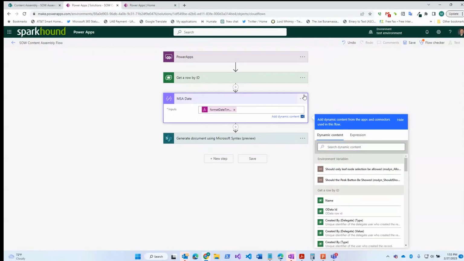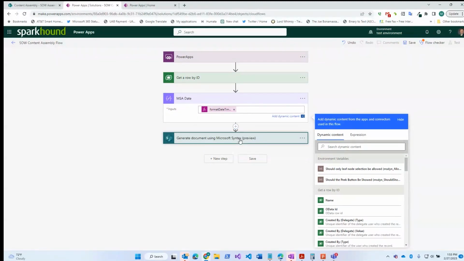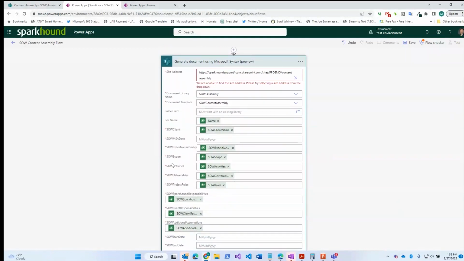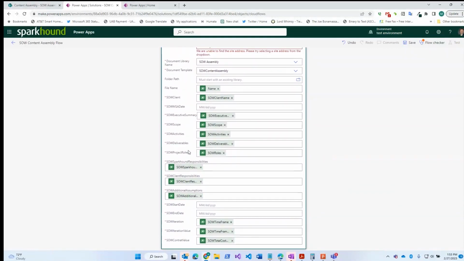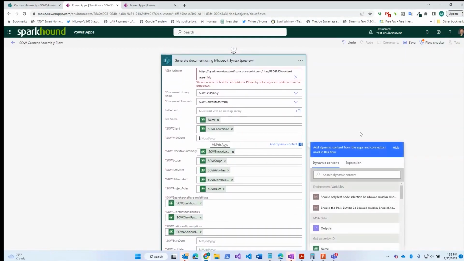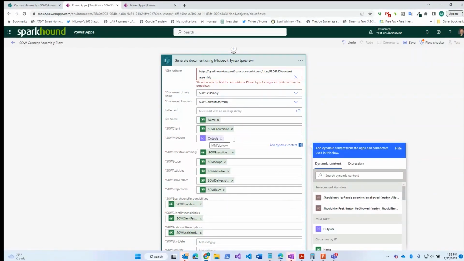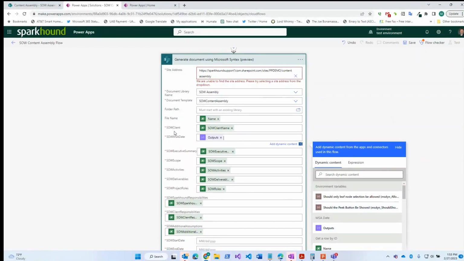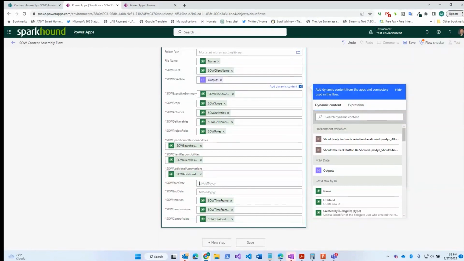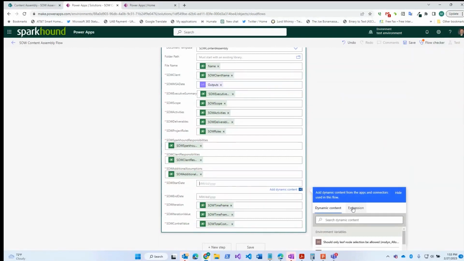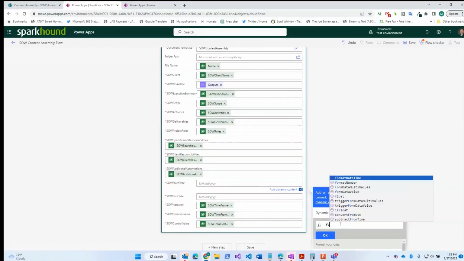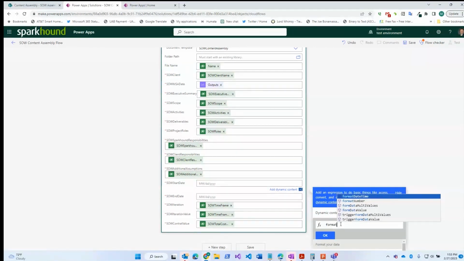Okay, we'll click OK, and that'll go ahead and put in there. So now what we're going to do is we can do that for the rest of them, or what you can do is you can come down in here and actually do it for the MSA date. We'll come down here and we'll say this the outputs of MSA date. Otherwise, what I'll do is I'll go into this, and you can do the same thing that we were doing before. So you can go into the expression and say format date time,